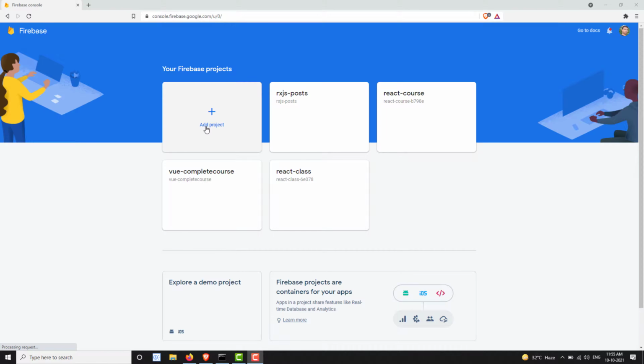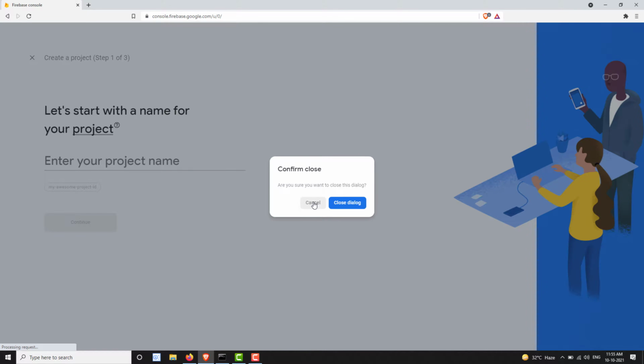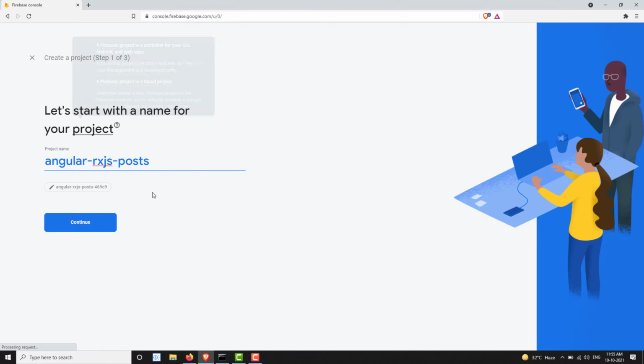Now let's create a project. Here it will ask for the name of the project. Let's take something like Angular-RxJS-posts, or whatever name is suitable for you.